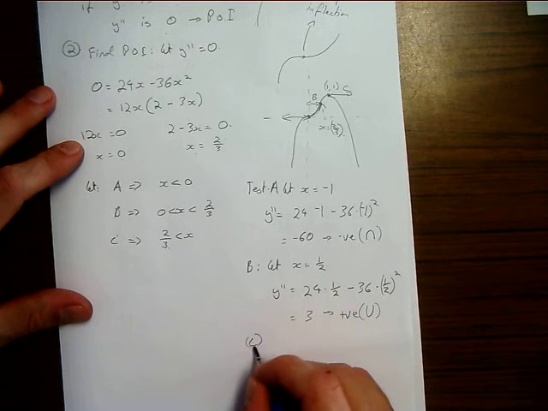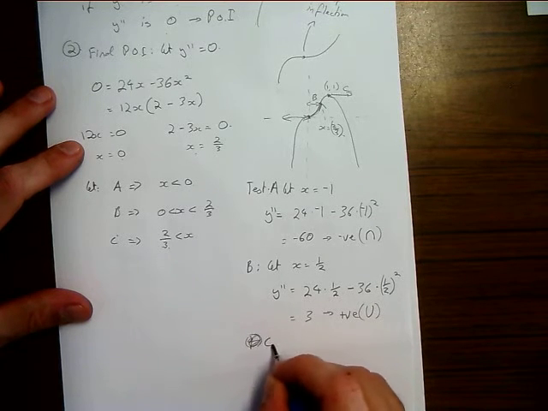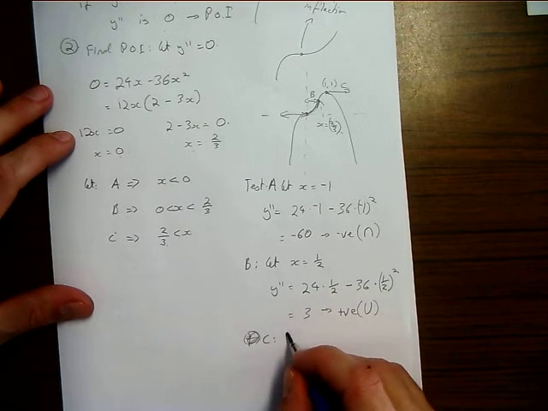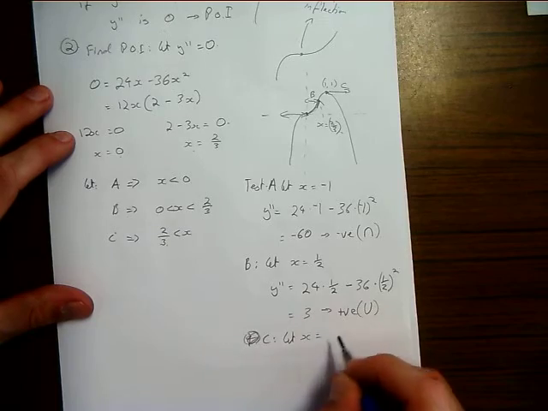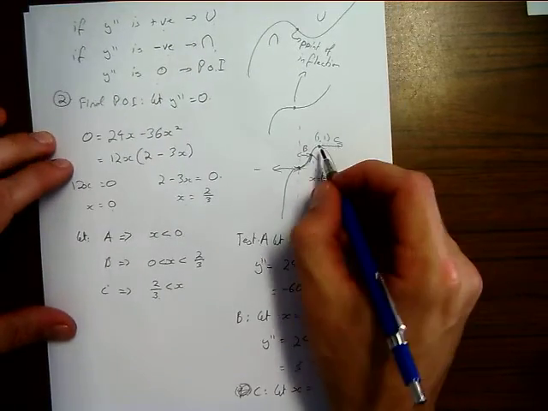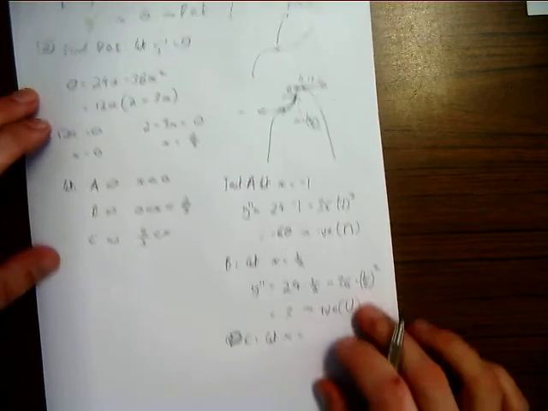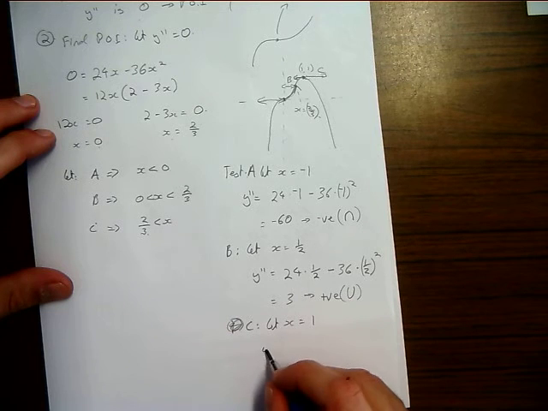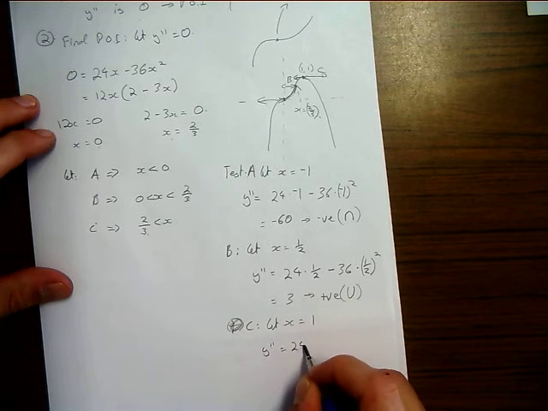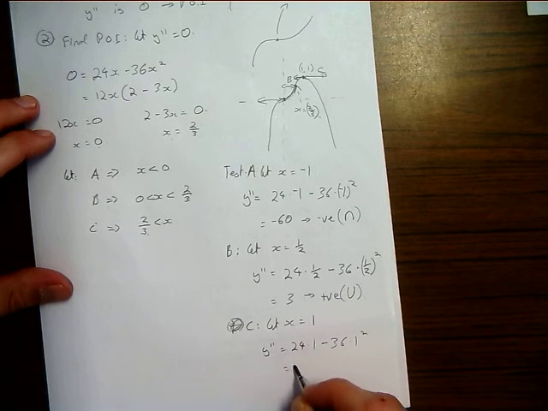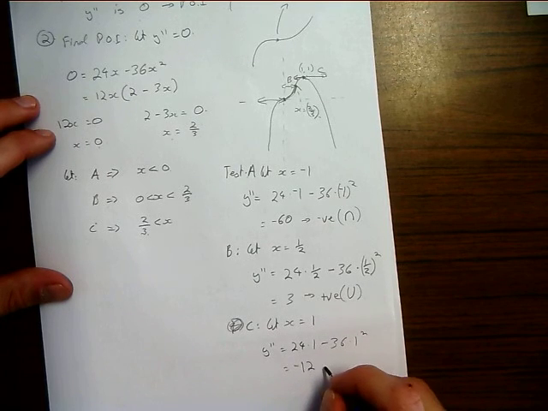And then C, we found concave up. But let's just do C as well. What number could we use for C? Let x equal 1. 1's in C. So C is from that point there. So x equal 1, so y double dash is 24 by 1, take 36 by 1 squared, which is negative 12. So that is